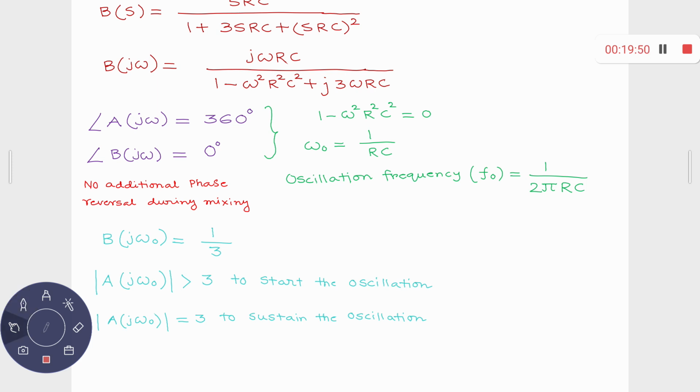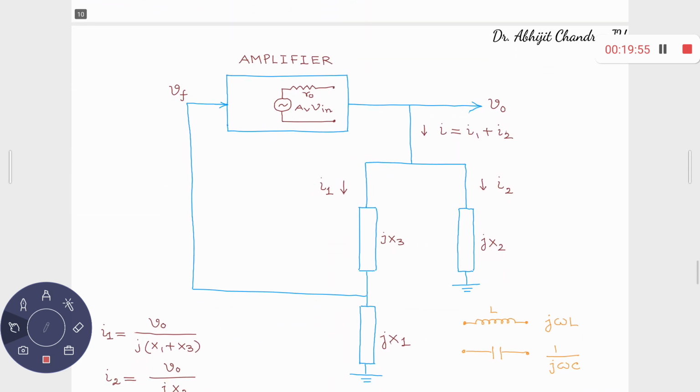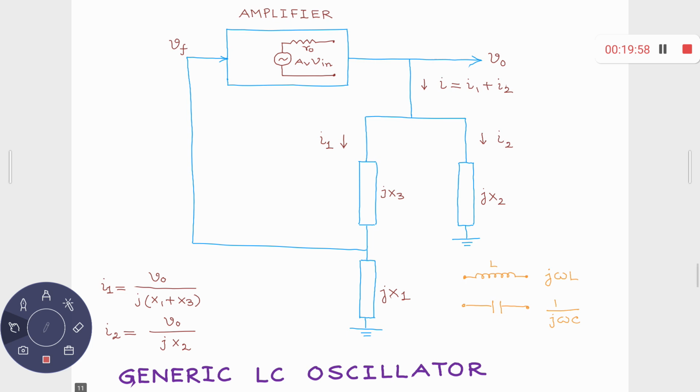So let me just show you a typical generic architecture for an LC oscillator. How does it look? A generic LC oscillator, as I told you last day. This oscillator circuit involves the amplifier and it involves a feed network and a back network. So typically this is your feed network, with the amplifier represented by some black box. Typical amplifier, and then in the back network you have three such